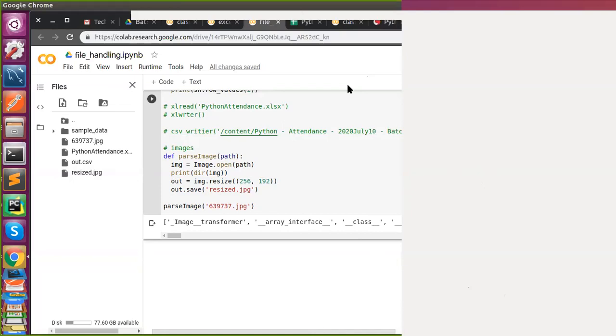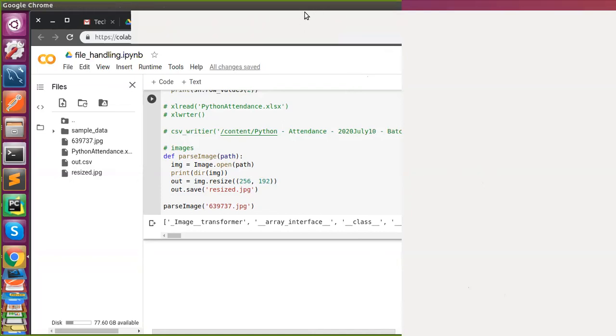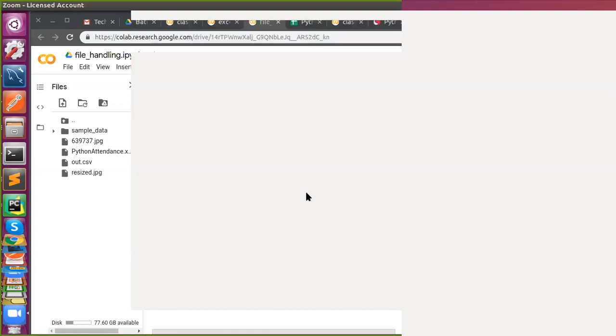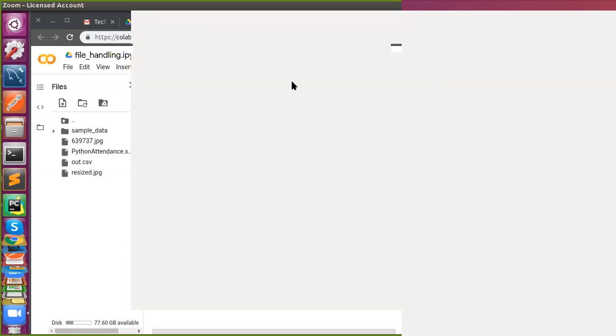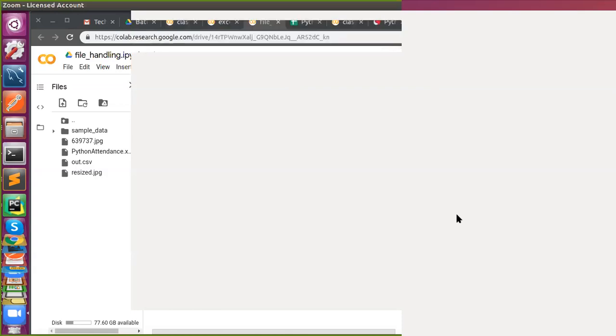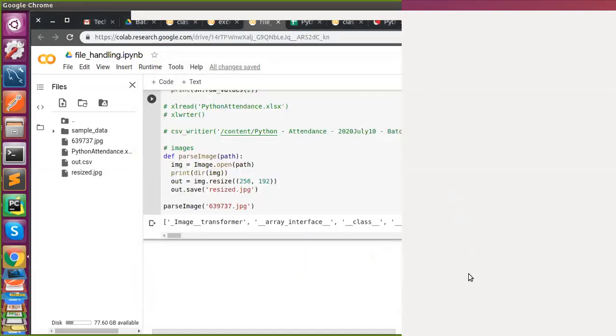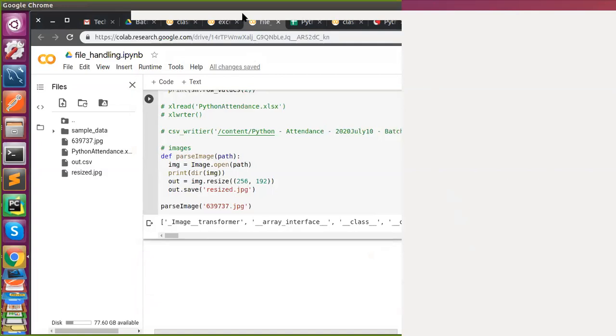You're just sharing one screen only, not the complete desktop.